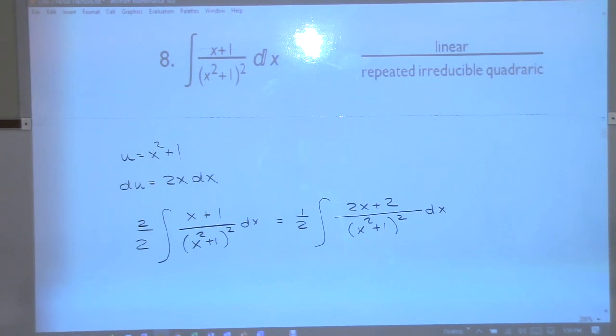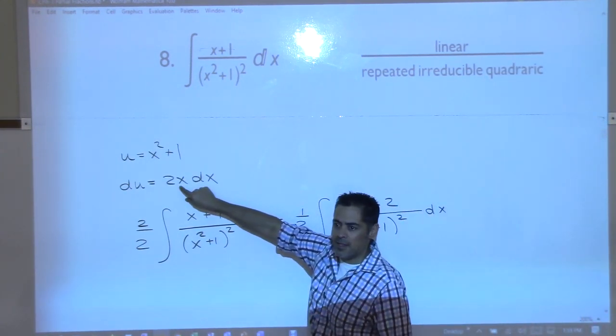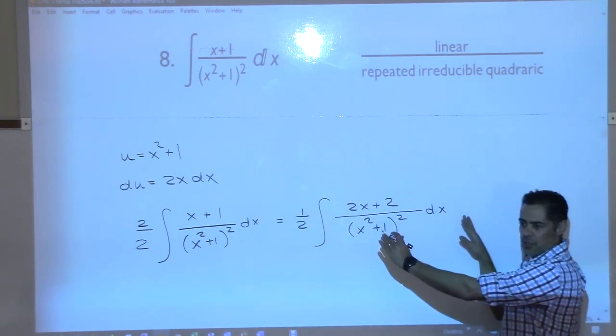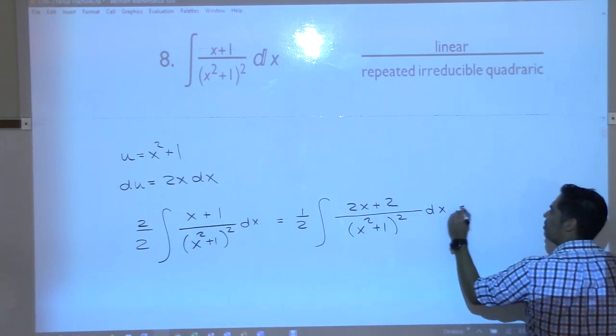All right, now at this point, we would realize the hidden 0. But what are we trying to get next? What are we trying to get? 2x by itself, right? And we actually have 2x by itself, right? We can just split this up into 2 right now. Just split it. So we could do 1/2